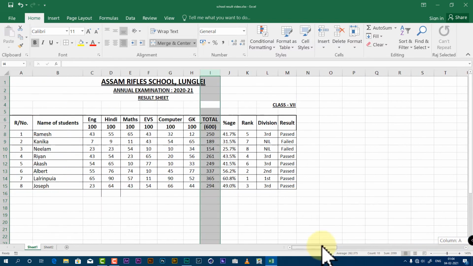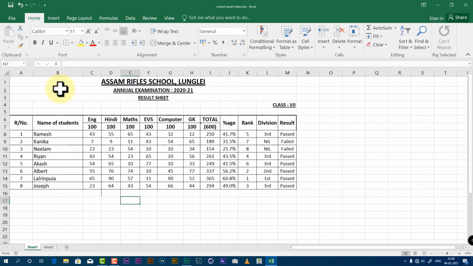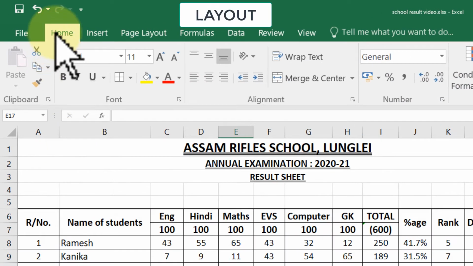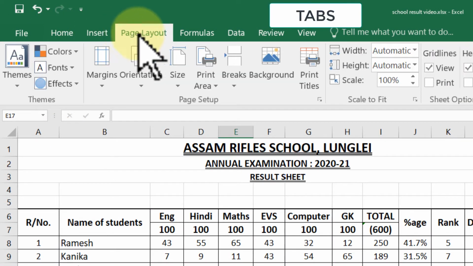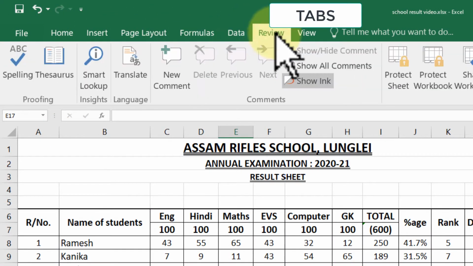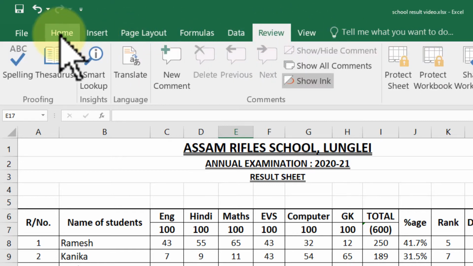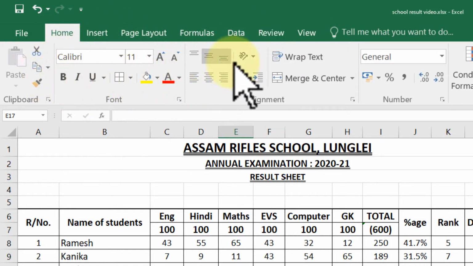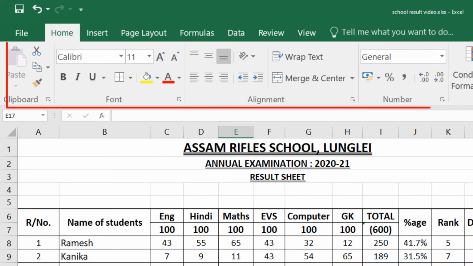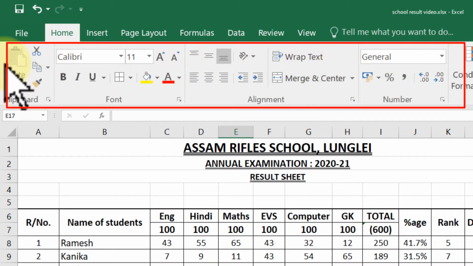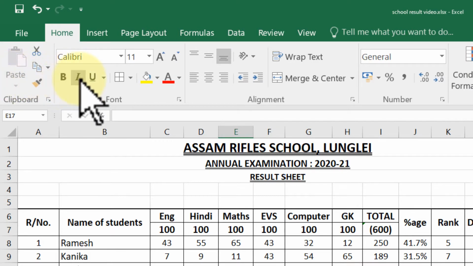Let me tell you something about the MS Excel layout. These are tabs. Each and every tab has a set of tools. These are known as ribbons. Each and every tool has different functions.